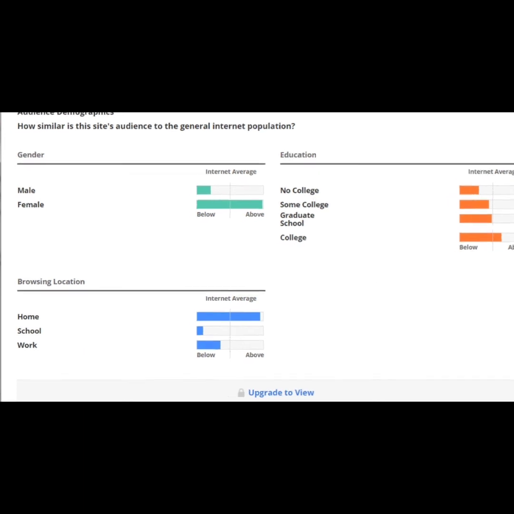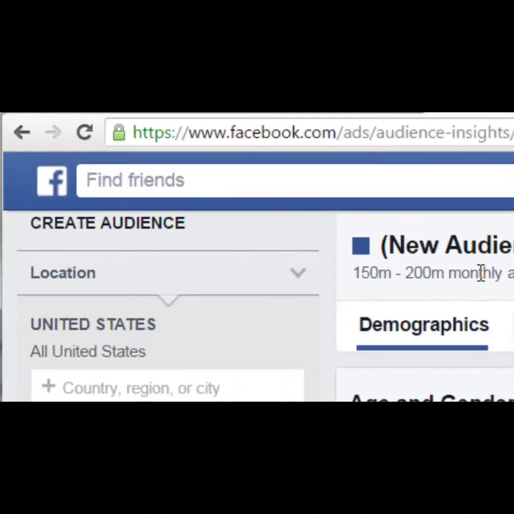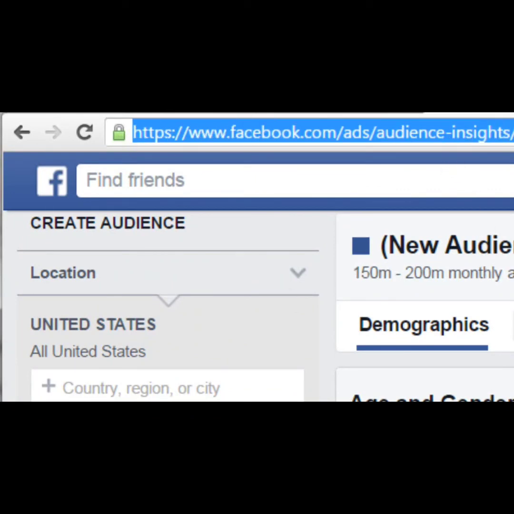So we can see that the majority of it is female. It looks like about 90-95% female and about 5% male, or maybe a very, very little percentage of male. Then we can see that these females have at least college or graduate school, and they surf primarily at home. Now, that's all the data that we need right now, because we can always use the next step, which is Facebook ad audience insights. To get to this particular page, you have to go to